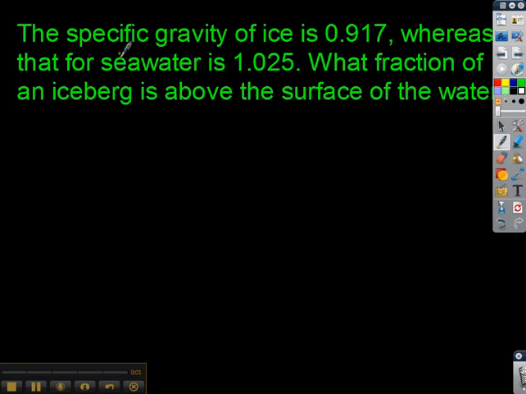The specific gravity of ice is 0.917, whereas that for salt water is 1.025. What fraction of an iceberg is above the surface of the water? When they talk about specific gravity, that's just a special way of measuring density, where 1 would be the density